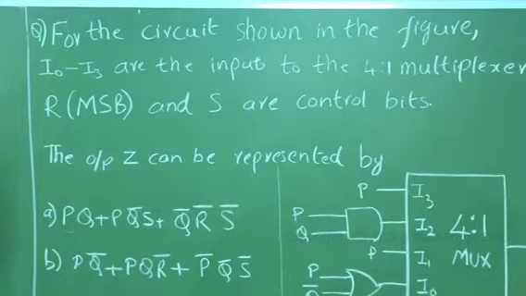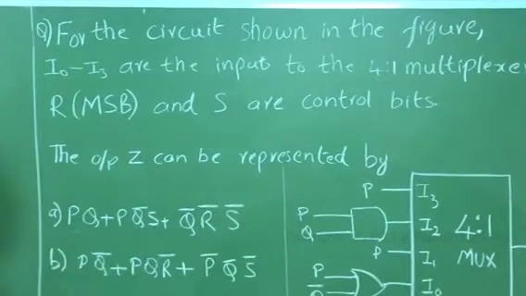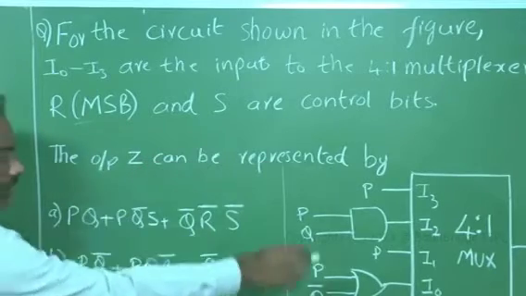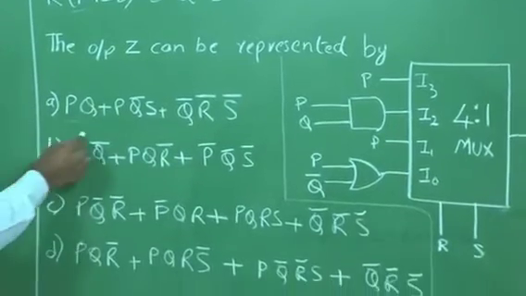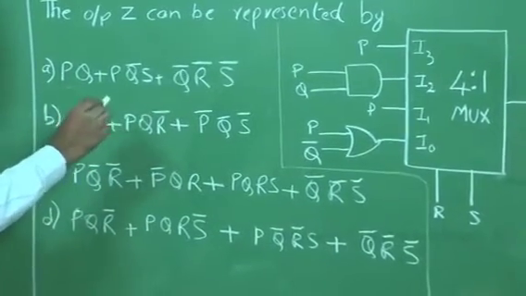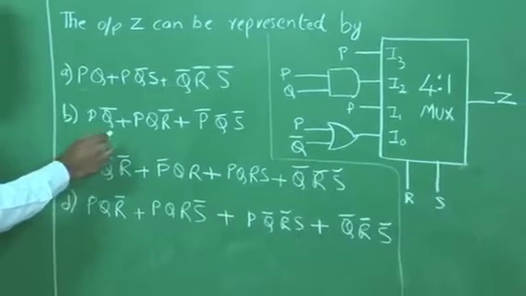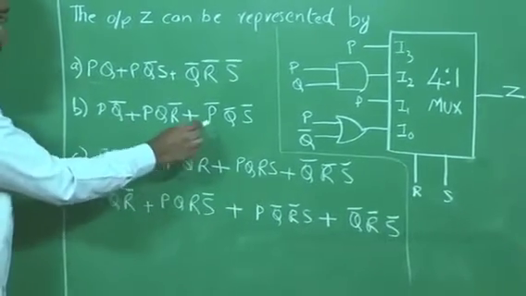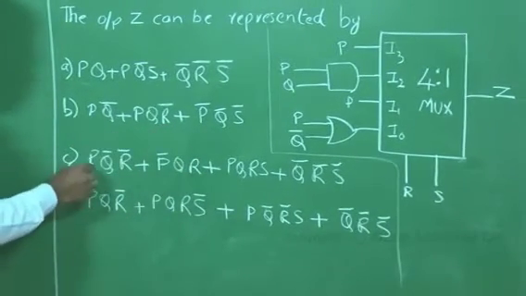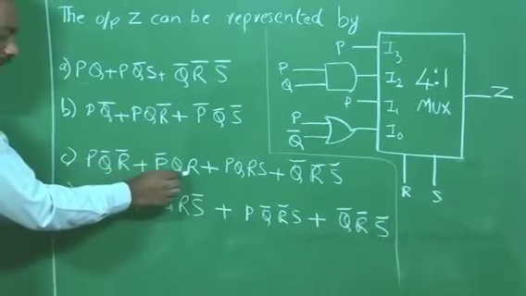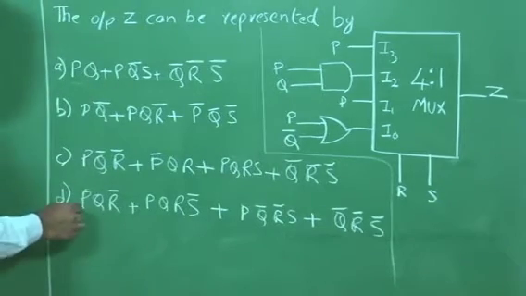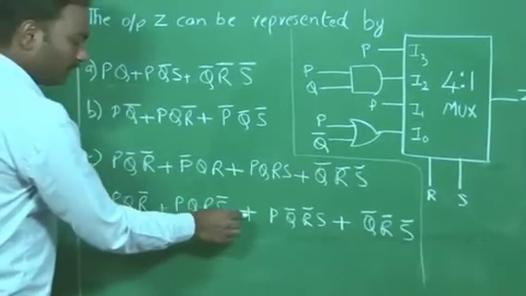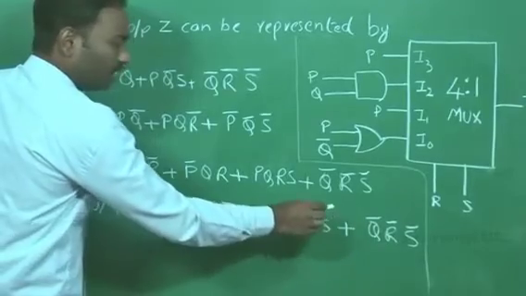For the circuit shown in the figure, I0 to I3 are the inputs to the 4:1 multiplexer, R is the MSB given here, and S are the control bits. The output Z of the multiplexer can be represented by option A, PQ plus PQ bar S plus Q bar R bar S bar. Option B, PQ bar plus PQ R bar plus P bar Q bar S bar plus option C, PQ bar R bar plus P bar Q R plus PQRS plus Q bar R bar S bar. Option D, PQR bar plus PQR S bar plus PQ bar R bar S plus Q bar R bar S